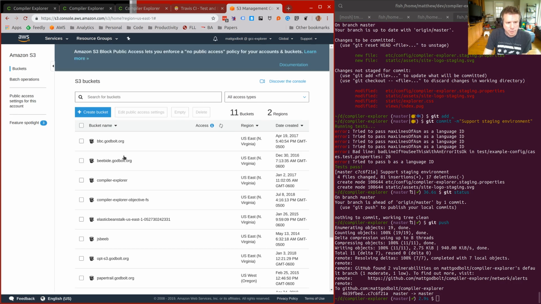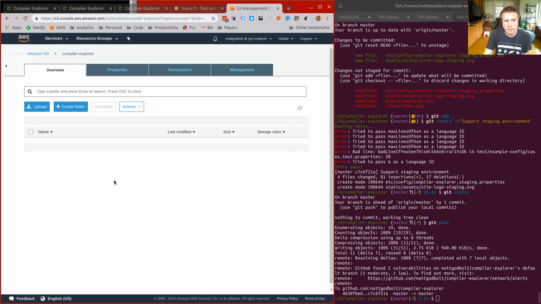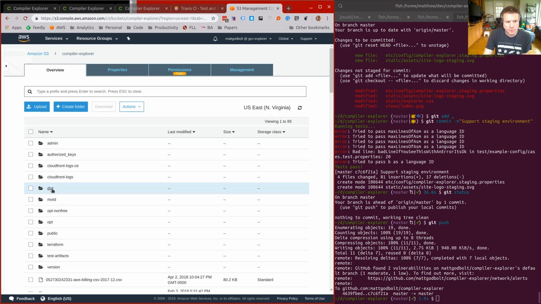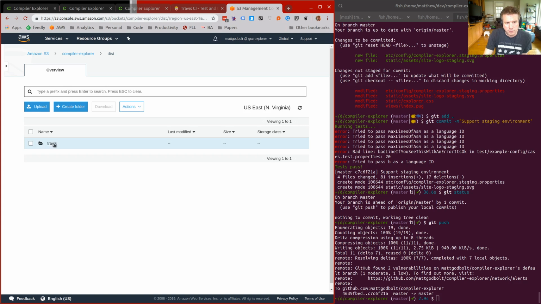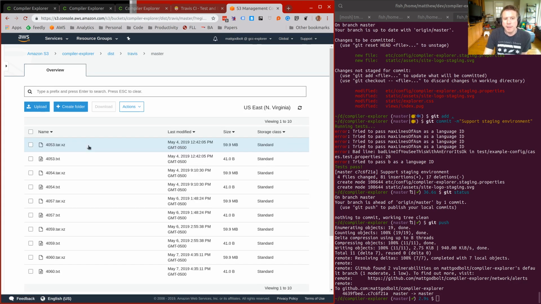Compiler Explorer, dist, Travis. At the moment we only have things built for the master branch, but here they are. So build 4060 lives here. That's the one that's most recently built, but 4053 was the one, if you remember, we have deployed currently.